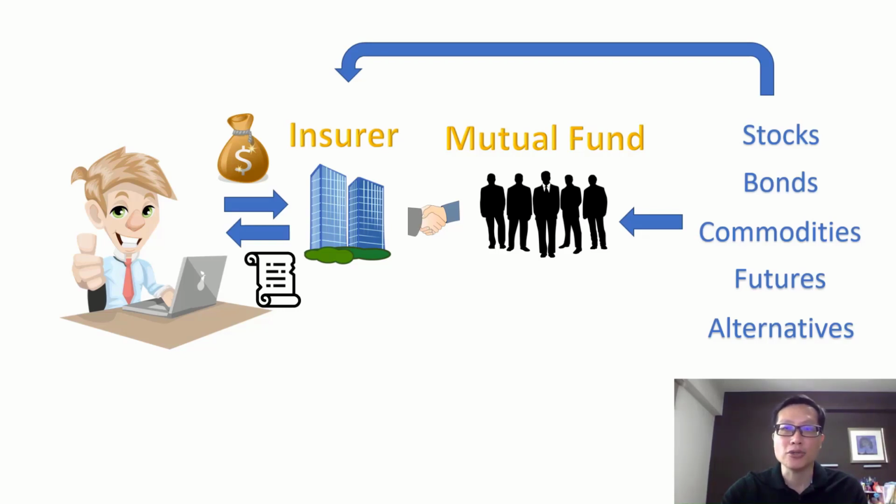If you buy insurance, the insurance company will either invest the premiums paid directly to hedge against potential future liabilities, or it can outsource to a mutual fund to invest on its behalf. Some insurance products even put the choice of mutual funds in the hands of the client. For example, investment-linked insurance products allow the insured to choose from among a list of funds to invest their insurance premiums into.